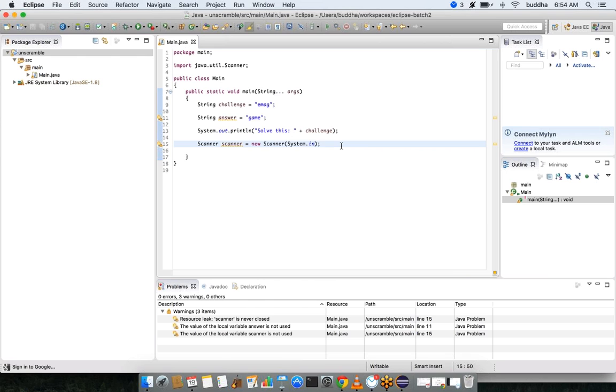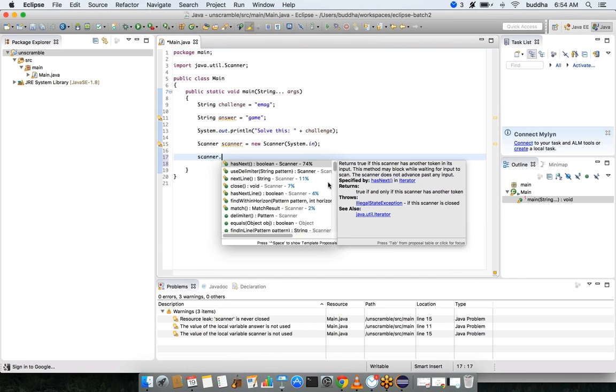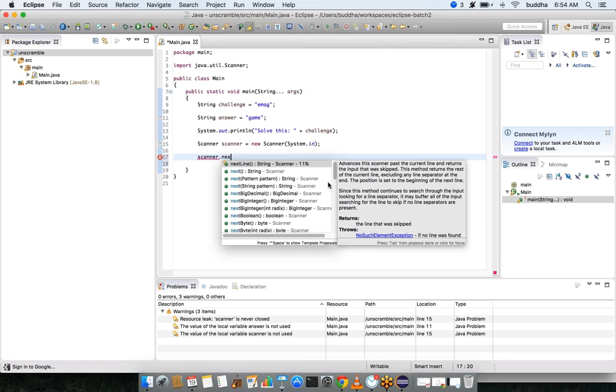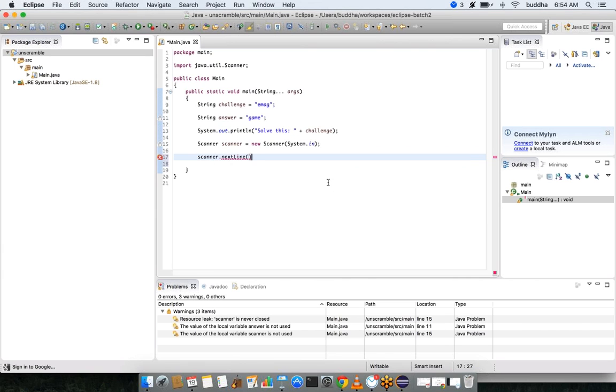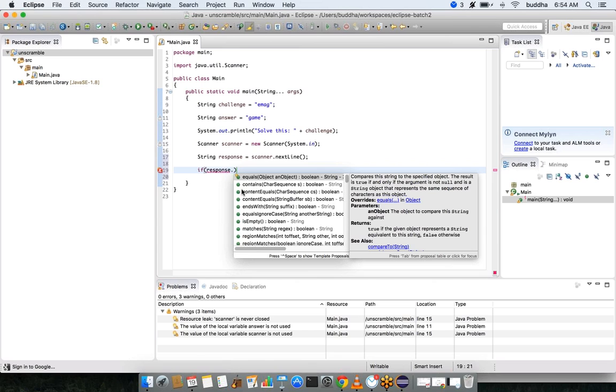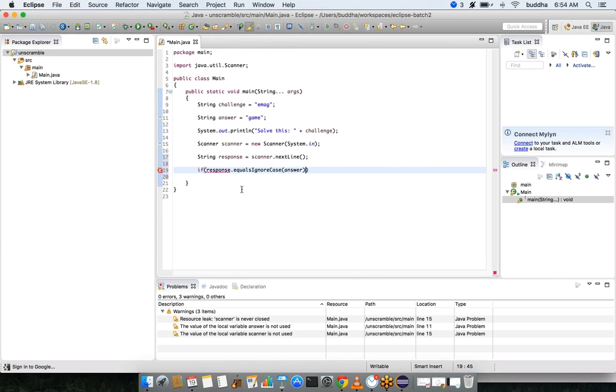Okay, now the code has been introduced. Now we have to wait for the user to enter an answer, and whatever answer he has entered, let's read it in response. Now what do we do? If response dot equalsIgnoreCase answer,